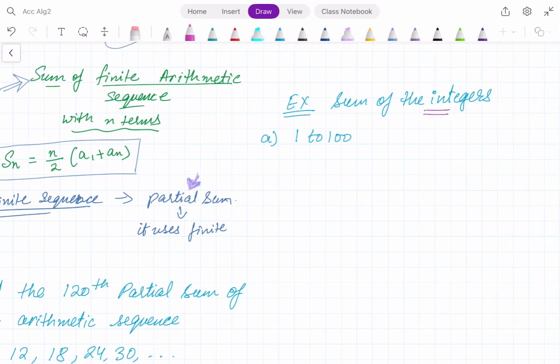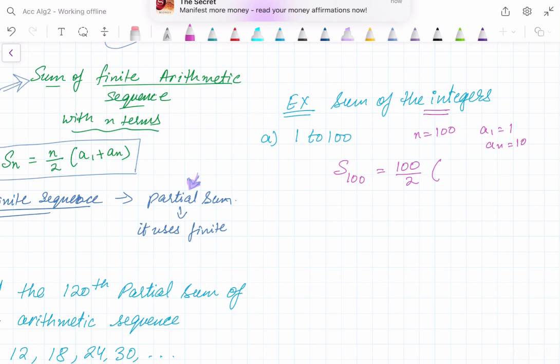So let's start with the first example, and let's take the case of the finite. In this case, they want the sum of the integers from 1 to 100. So we have A1 and A100. I want the summation of the first 100 terms. So S100, number of terms are 100. So N is 100. And we have the first term as 1 and the 100th or the last term, AN,